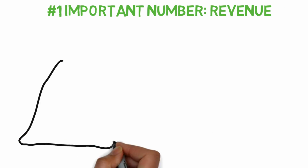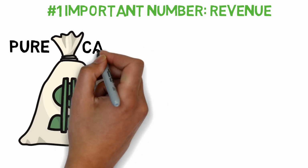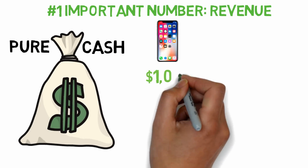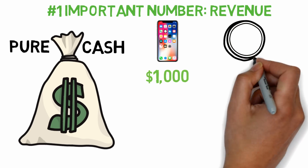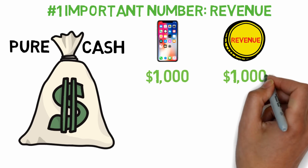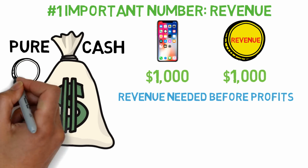The most important number starts with the revenue. This is cash the company made in those 3 months, not counting any costs to make that money. For example, if Apple sold one iPhone last quarter for $1,000, their revenue would be $1,000 for that quarter. Revenue is pure money before any other numbers like costs of making that iPhone comes in. A company can't have profits without revenue coming in, so this is a very important number to see how well